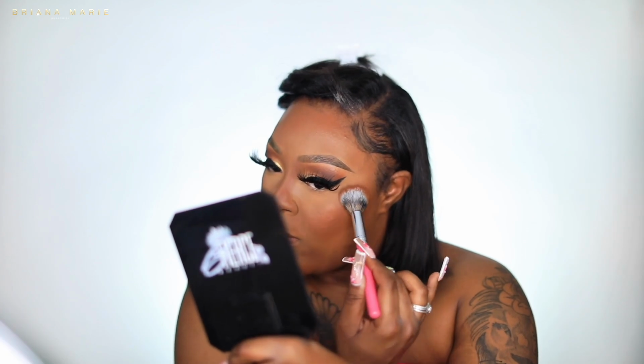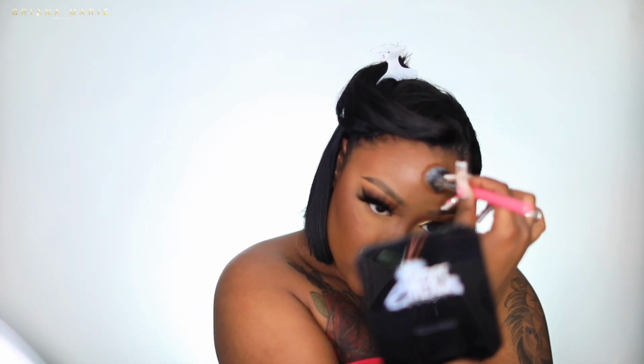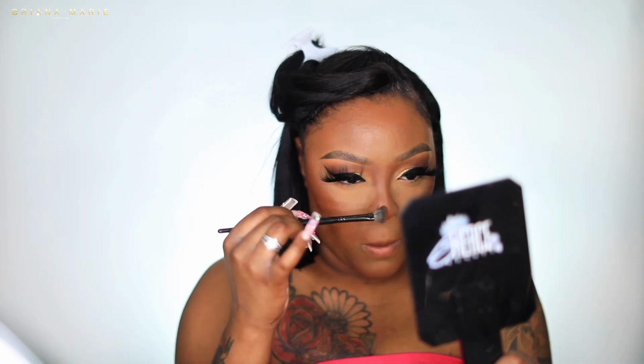And for bronzer, I just went ahead and went in with the Fenty bronzer, and I've been into bronzer for a long time. I've been bronzing my face for so long. I never use contour anymore, and honestly I have to start using contour again because I feel like that's what's gonna get it snatched, but only in those cheek areas. So I'm bronzing my face, and I also went ahead and took the Juvia's Place dark palette and just used the darker shade in there, but it's gonna give it that bronzy look, and it's chiseled but it's not too chiseled